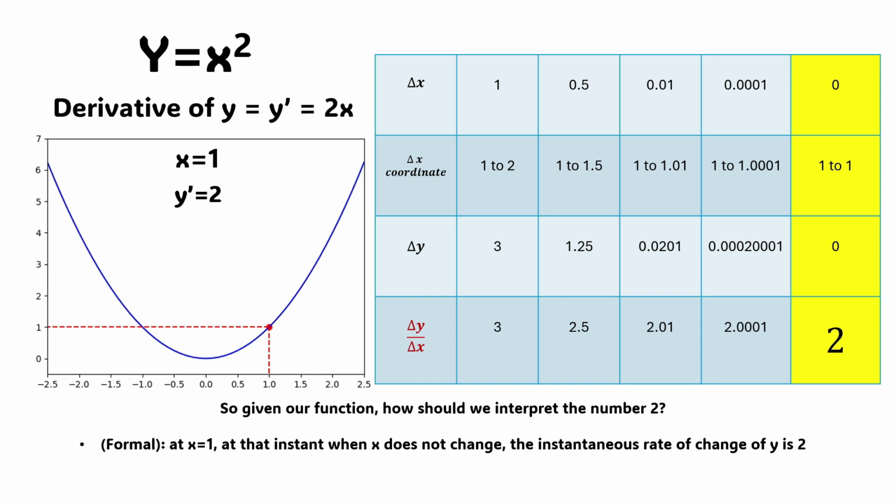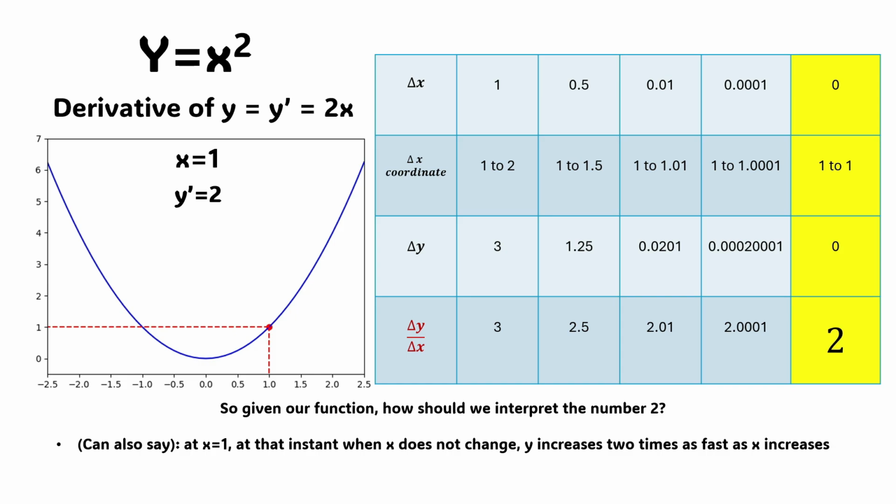If you don't like this formal interpretation, you can always go back to the interpretation that we've been working with, which is to say something like, at x equals 1, at that instant when x does not change, y increases 2 times as fast as x increases. So this interpretation is absolutely correct, but some picky mathematician may say that it only explains half the story for